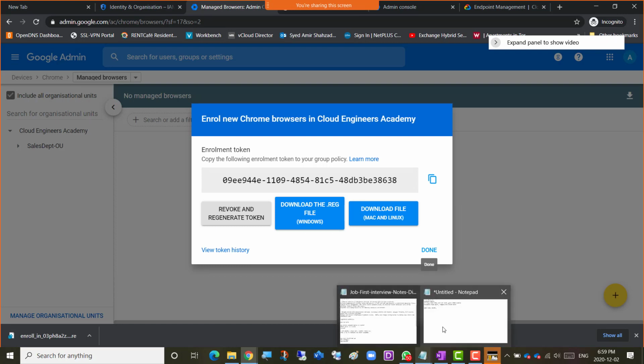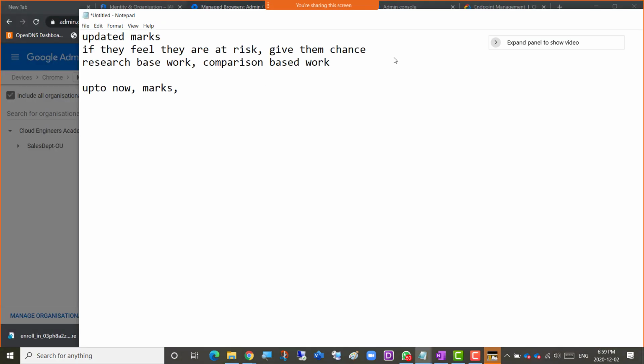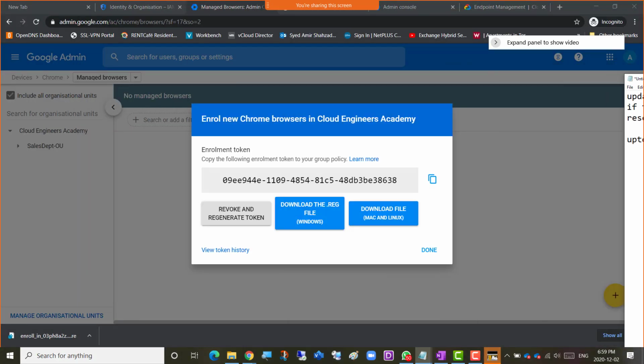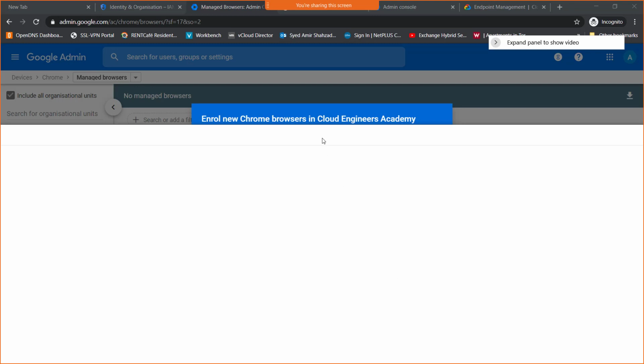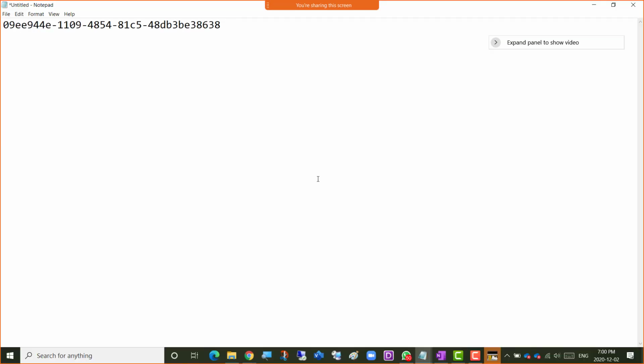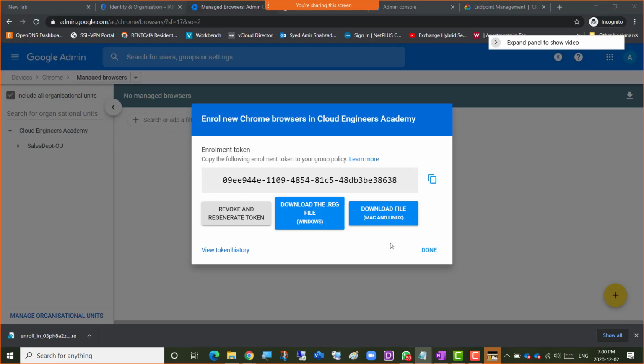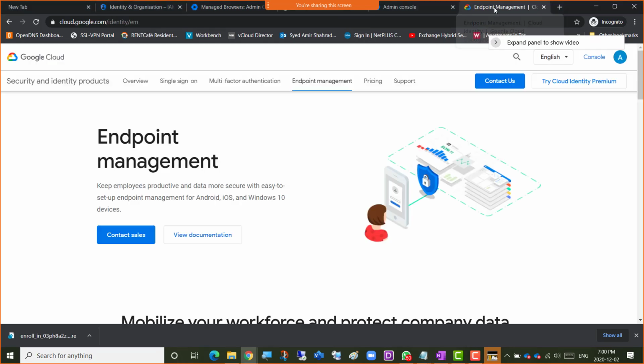notepad here, and I'll just go for, oh, okay, let me just right click and open a notepad here. Okay, so I want to register my Windows 10 device, so the Chrome browser here could be managed with 100 plus policies. That's what's going on, right? So I've copied this token here. Copy the following enrollment token to your group policy. So it just gives you the step-by-step after that,